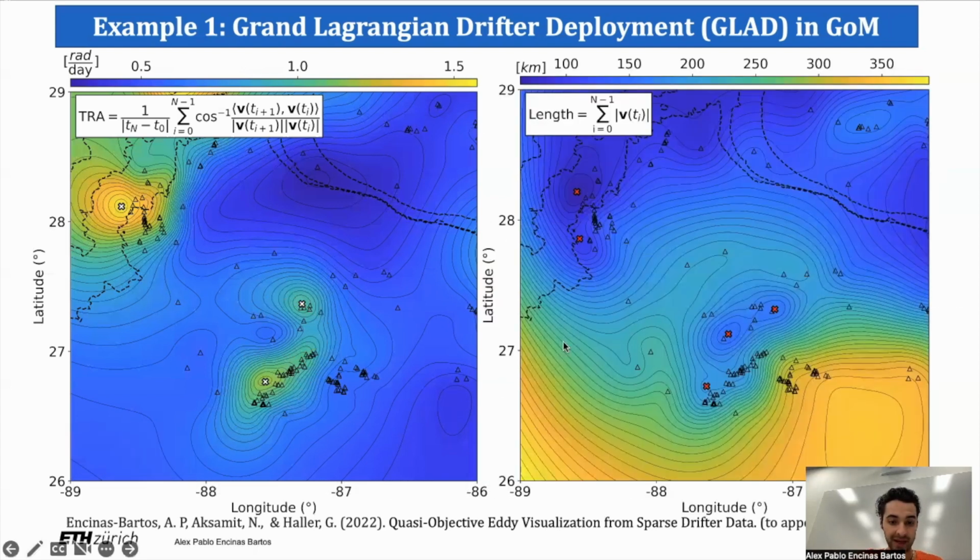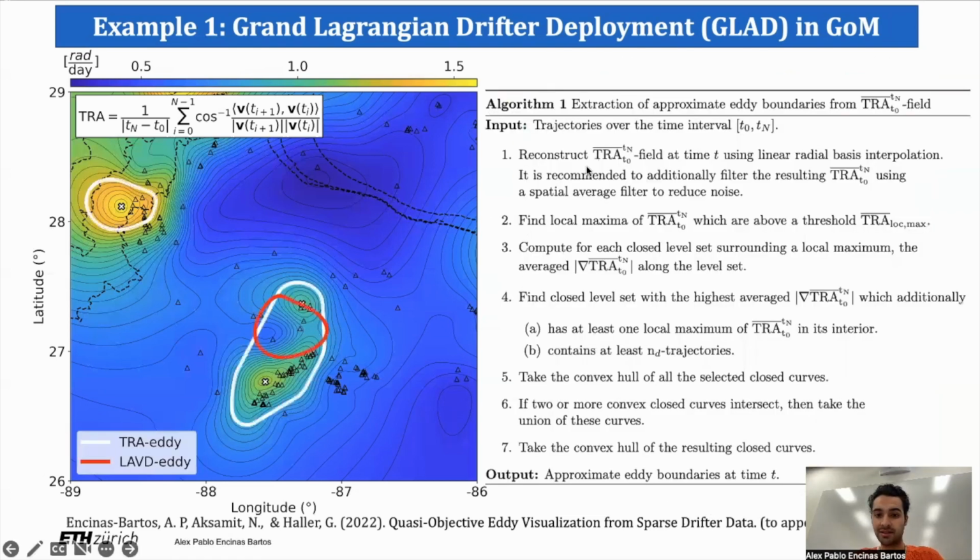Now, one would generally not deal with this directly. So it's nice to have a scalar field. However, one would like to have precise barriers, right? And of course, we cannot give precise barriers because we're in a sparse data setting. However, we can give approximate barriers. And in fact, we designed this algorithm, which simply takes as input two arguments. So one argument